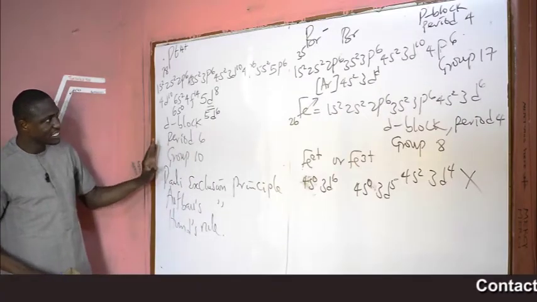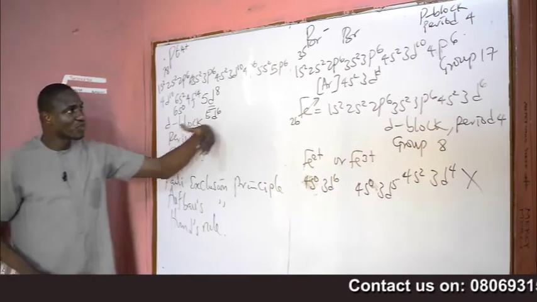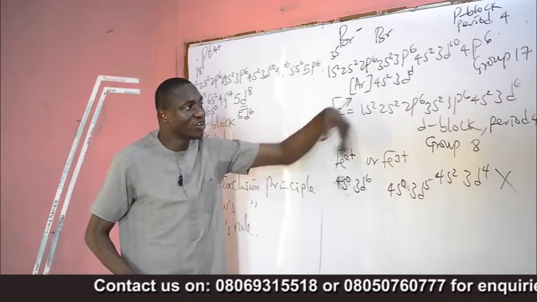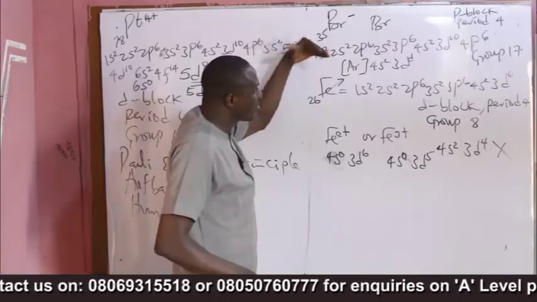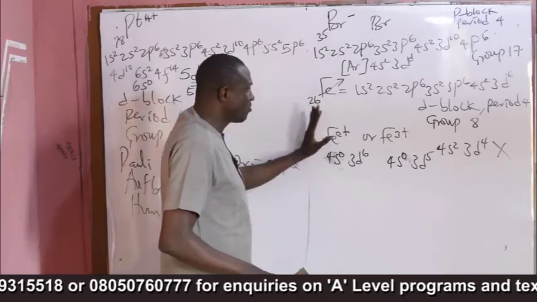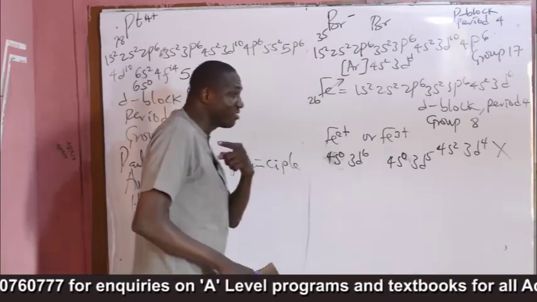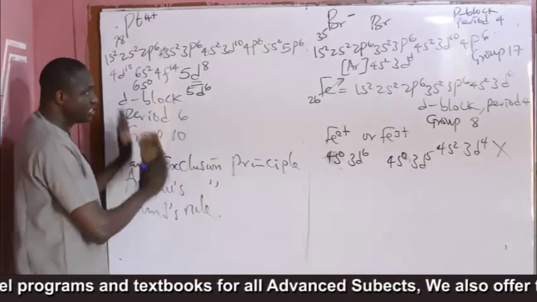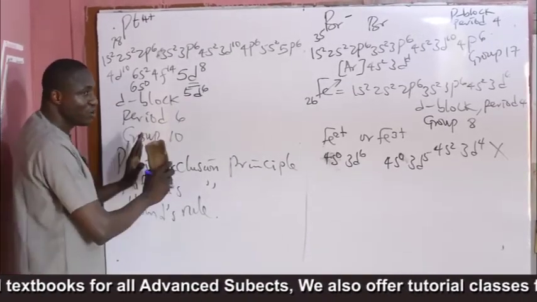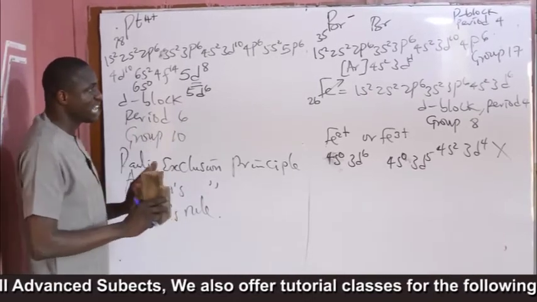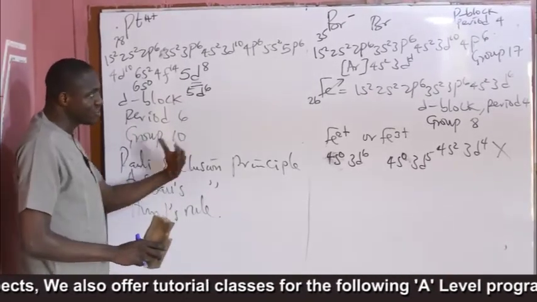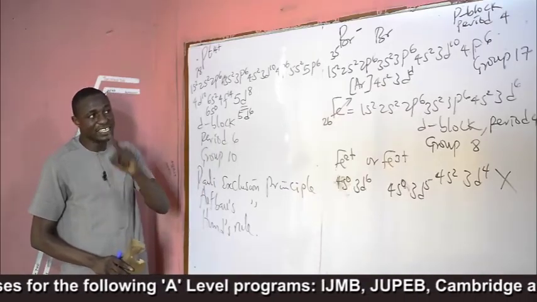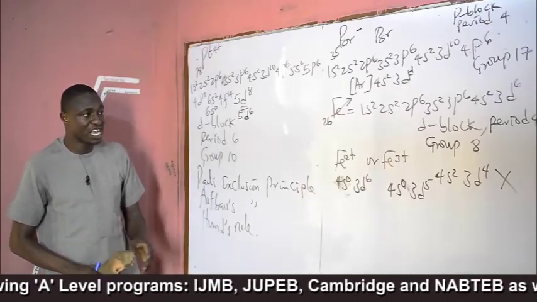So at the end of this class, I believe you have understood how to write the electronic configuration of elements, and you have to take care of the ordering of orbitals, starting from the orbitals of the lowest energy level to the ones of the highest energy level. Don't forget, in one of our videos, I told you the elements that constitute the s block, those that constitute the p block, the d block, and the f block. And based on your knowledge of the quantum numbers, you must have understood why a particular shell can take even more than 8 electrons that you are familiar with.